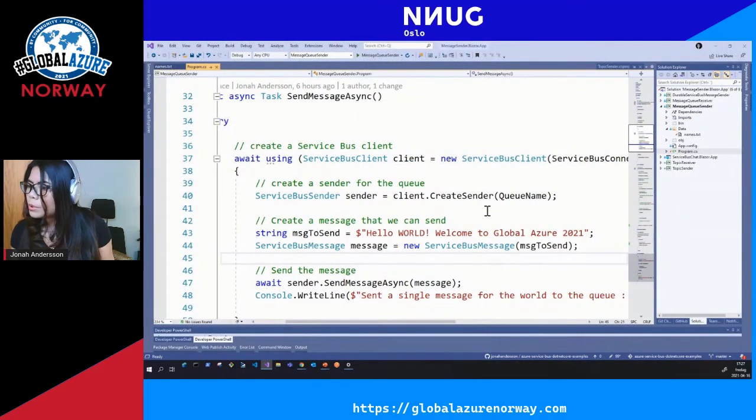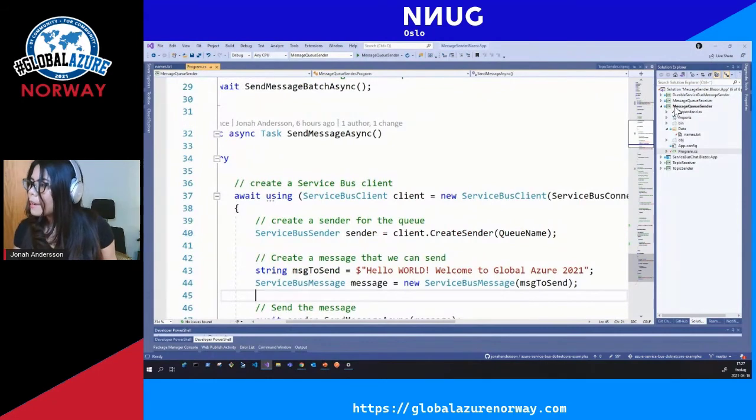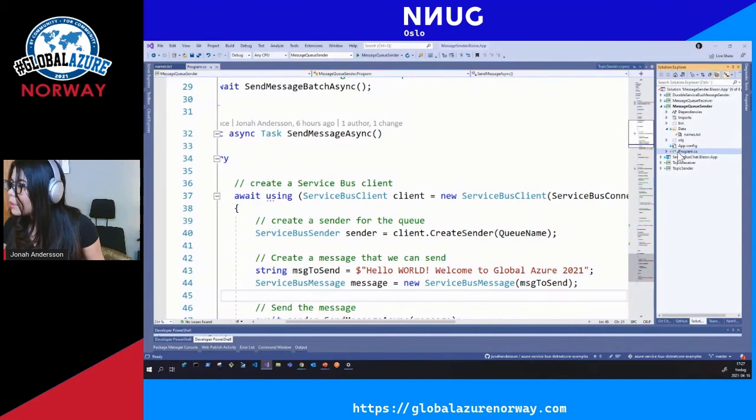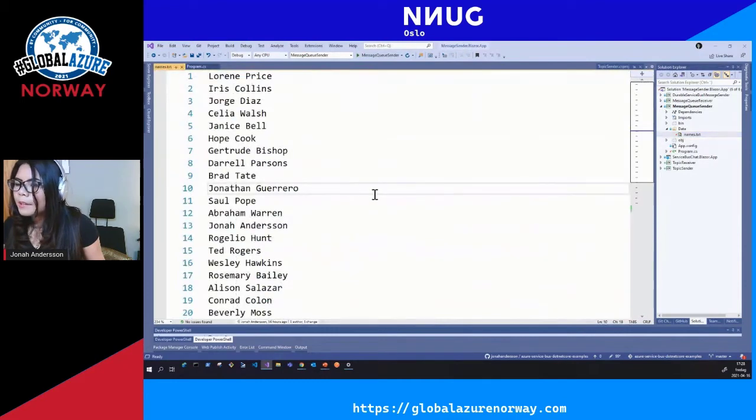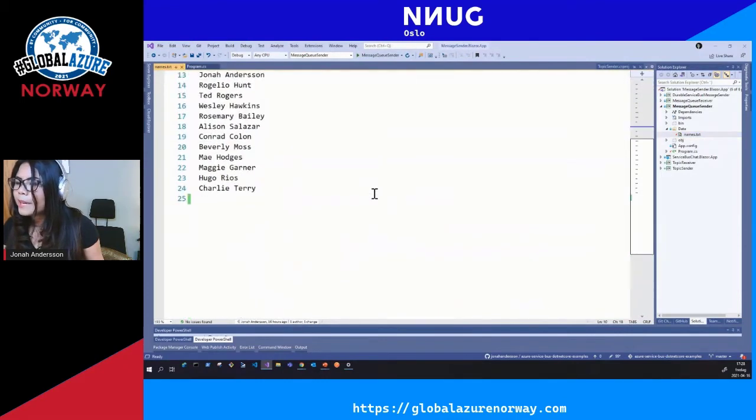So here in my Visual Studio 2019, I'm using C# as a programming language in .NET Core 3.1. I have several projects here that I'm building and setting up, not yet done, but I have a message queue sender, and in here I have a program.cs, an app config, and a list of names, some that I randomly generated.